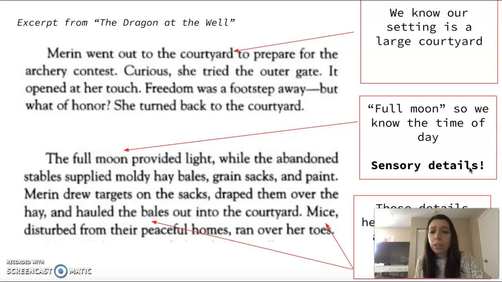So we're able to know that there's a lot of light coming off the moon, and if there's light coming off of the moon, it's dark outside, so it's nighttime, which we may not have been able to pick up from prior to those sensory details. And lastly, if you read through that paragraph, there's a lot of little details that help us to